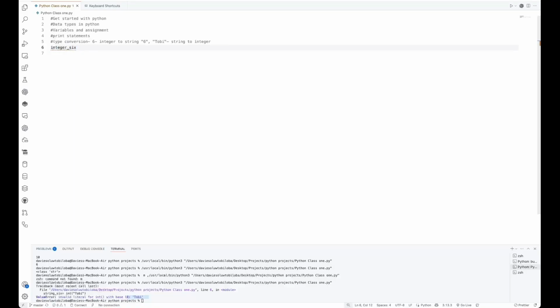Integer 6. And then this was 6. This is a variable called integer 6 holding the integer value of 6. Unless we wanted to convert it to a string, but we didn't want to create a whole new